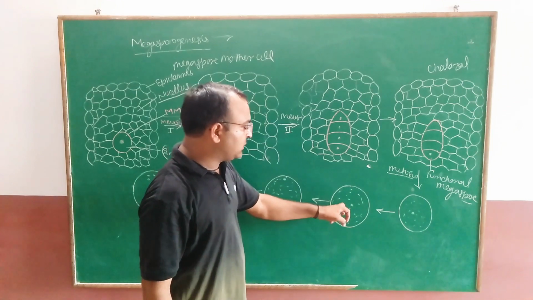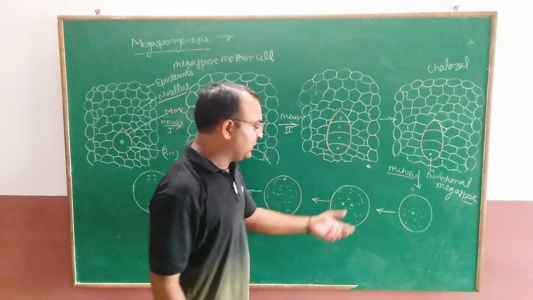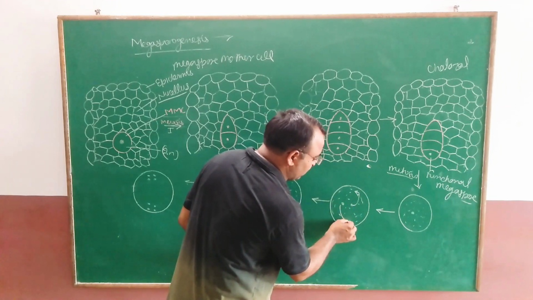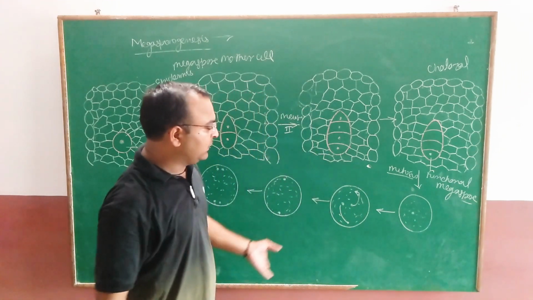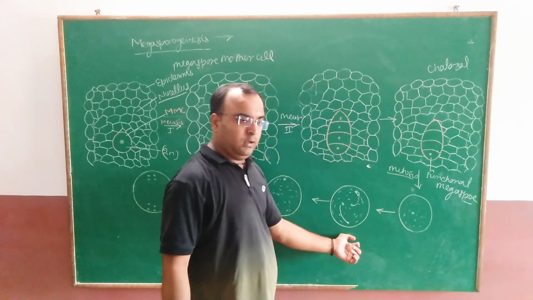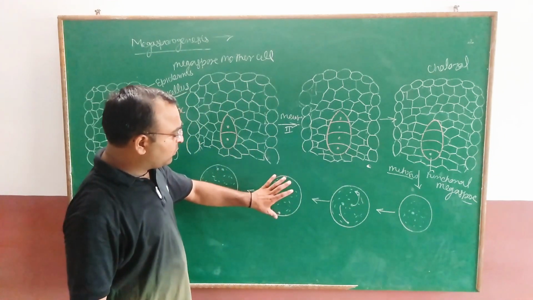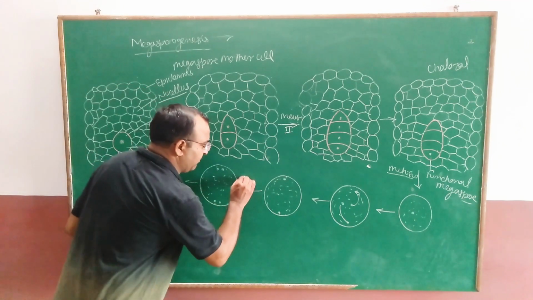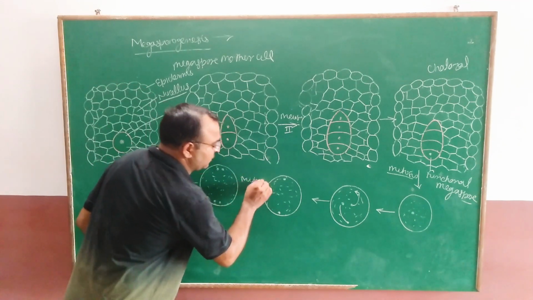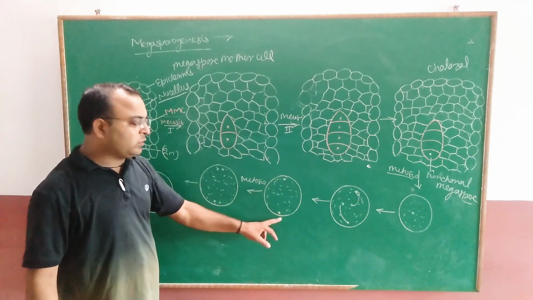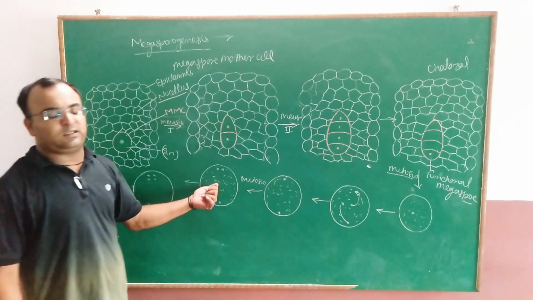Now these 2 cells are going to move to the opposite poles. So this will move to this pole and this will move to the opposite pole. Is it clear? So these are known as what? Vegetal pole or animal pole. Is it clear? When they move to the opposite poles, these cells further divide by mitosis. Further mitosis will take place, and these 2 cell stages convert into the 4 cell stage.